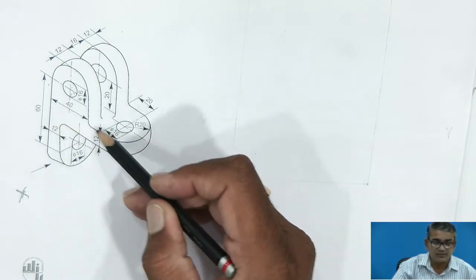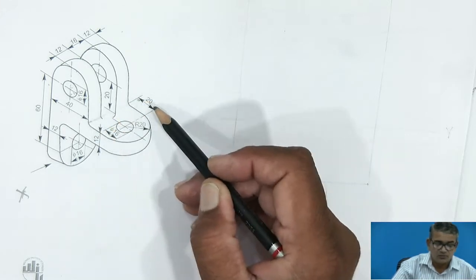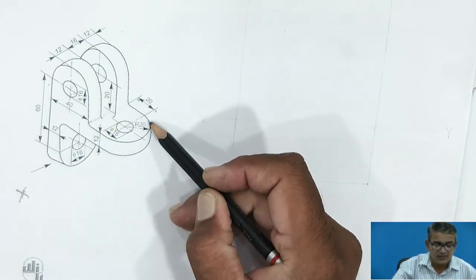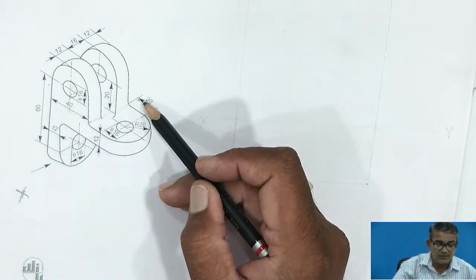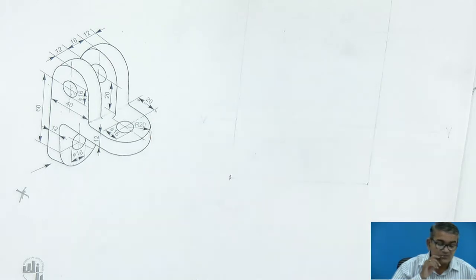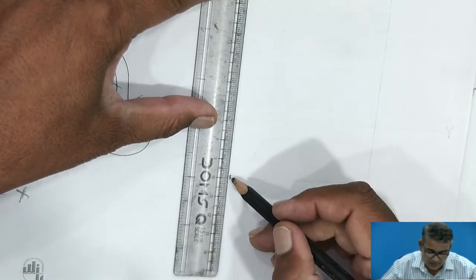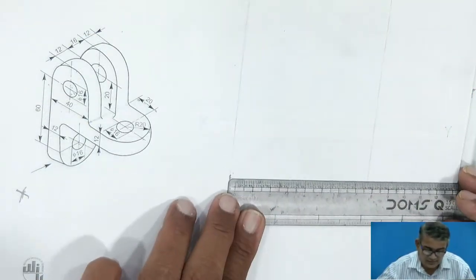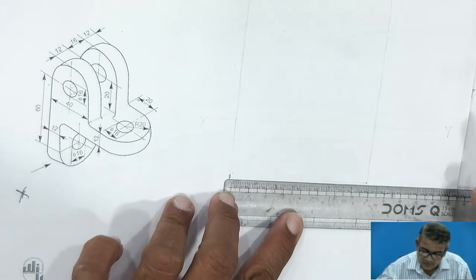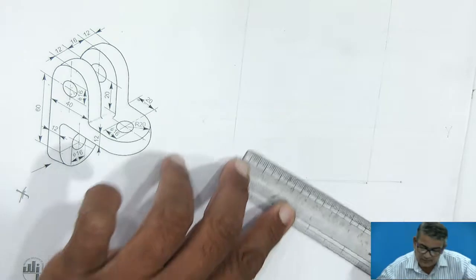And what is the width? The width is given as 40, up to 40 it is to be here. So 40 plus 20 is 60, and this radius is given as 20, so 60 plus 20 is 80, plus 20 is 100. So it is a 100 by 100 mm block. Make the dimensions of a 100 by 100 mm block: the height is 100 and the width or length is 100.